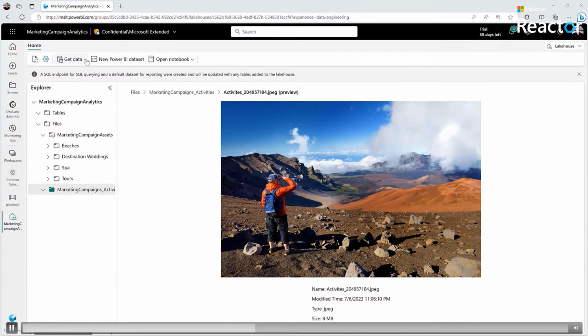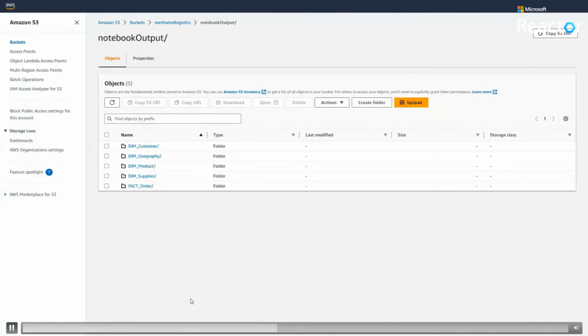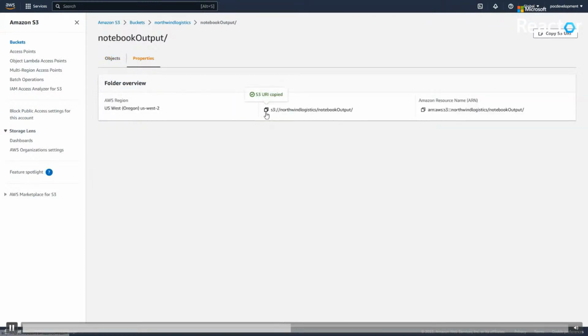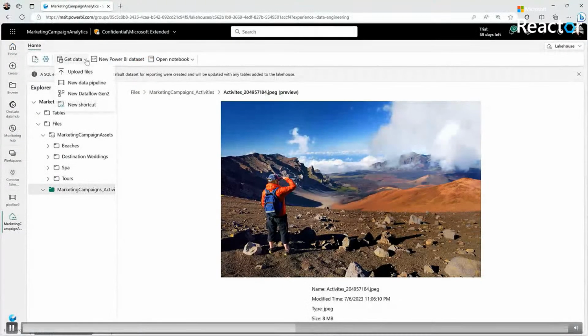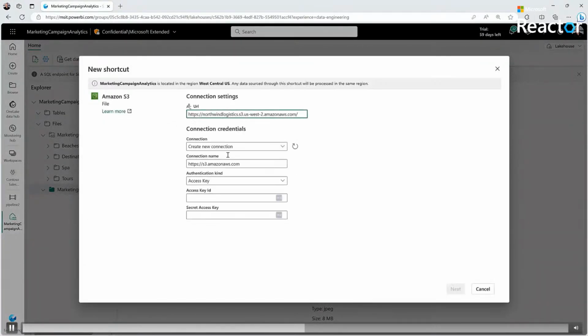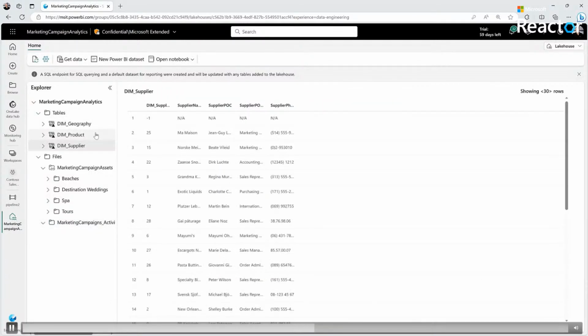to build. The most important piece is getting access to the tables of data tracking our marketing performance. For this data, my organization is using Databricks with data that is also stored in Amazon S3. Here I can see the Delta directories in the S3 bucket. And again, I want to bring this data into OneLake in Fabric without making a copy of the data. So I'll create a new shortcut. All I have to do is connect, provide the settings to access those tables, and within a couple of seconds, the tables show up here in Fabric, and it is ready for me to query and use in my data